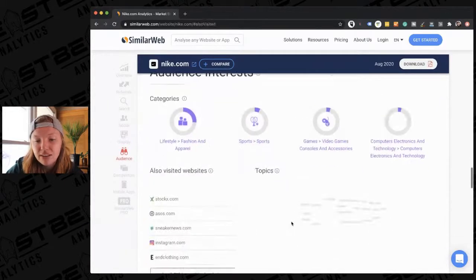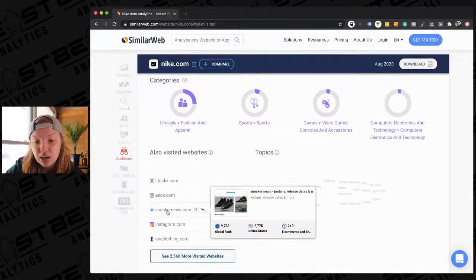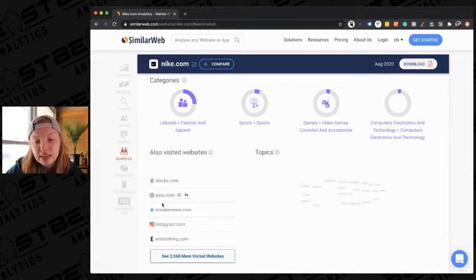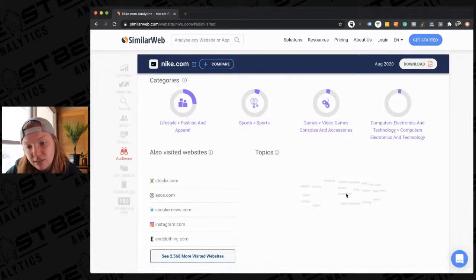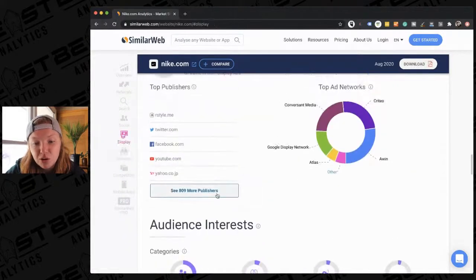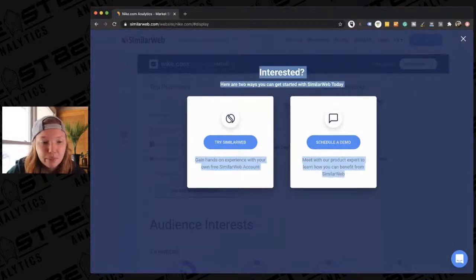I mean, guys, this stuff is just so freaking interesting. Sneakernews.com. This is crazy. You can see what they're interested in: running, imagine, sports, video games. There's just so much. Let's see. Yeah, that one. That's not going to help